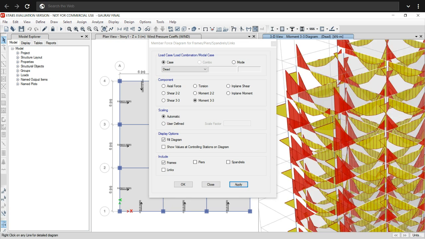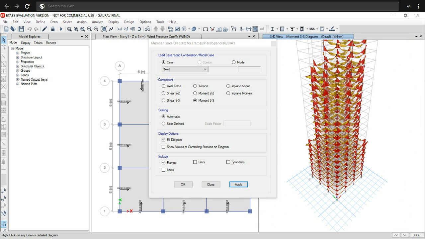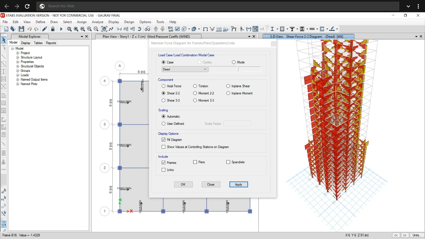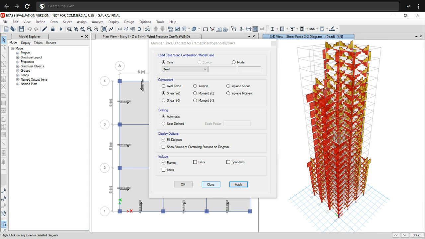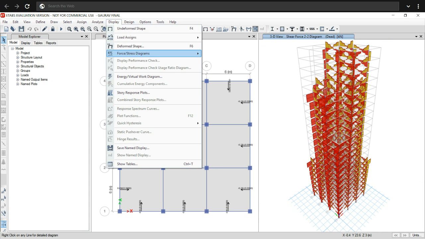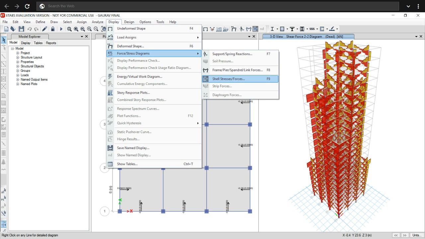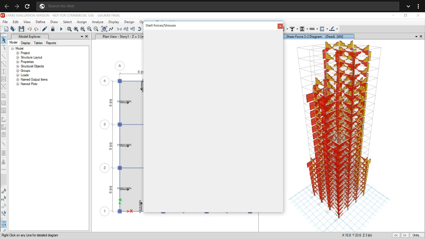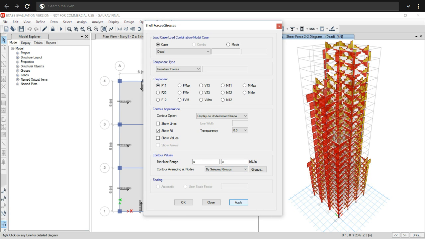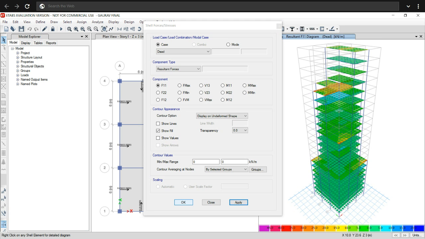Here is the moment diagram and shear stress diagram. Also for shell stress diagram, go on display, then as same as previous one, then okay.